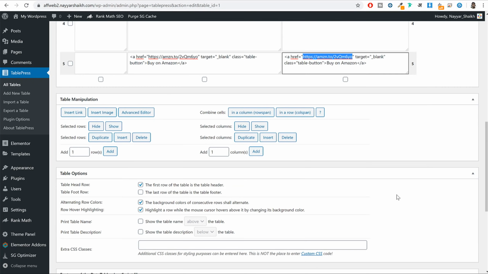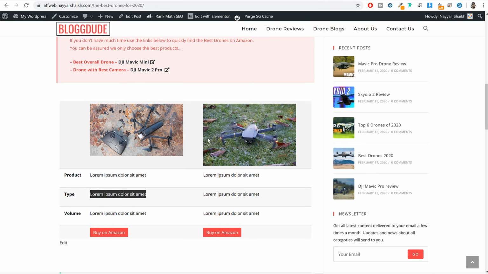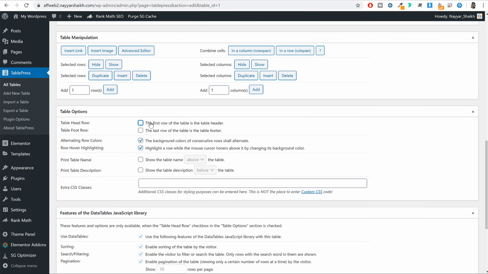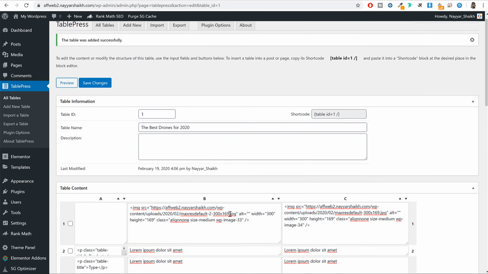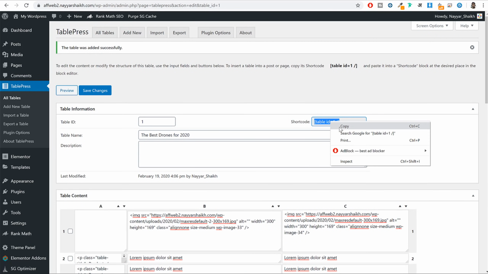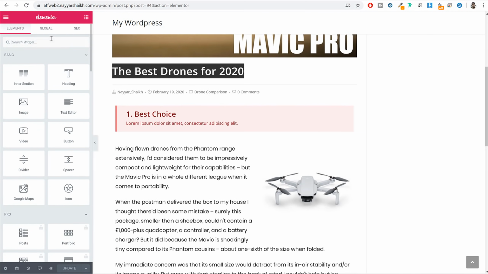Okay, so once you do this thing, untick this thing, table head row. So basically almost every time the first row is the head, but in this example, that is not the case. So that is the reason why we untick this thing. Now go at the bottom, click on save changes. Now you will see this shortcode at top. Copy this shortcode, come back to your website, and wherever you want to display it, first of all, search for